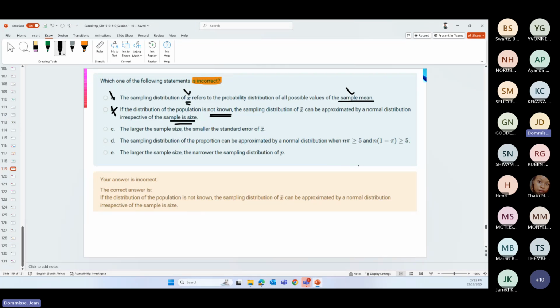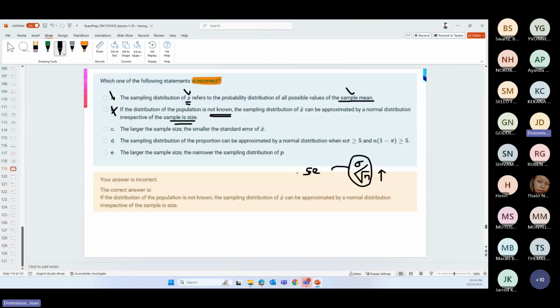So remember, the standard error is your standard deviation divided by the square root of the sample size. So the larger the sample, the larger this number that you're gonna divide by. So the larger the number you're gonna divide by, that means that this whole standard error